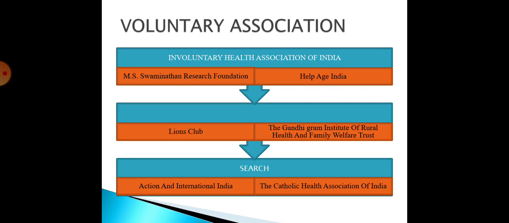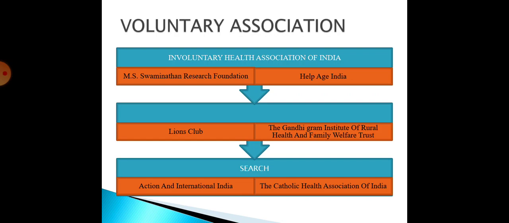The Voluntary Health Association of India is a non-profit. It only does work for the society, a registered society since 1970. It has a federation in 27 states of voluntary health association, linking together nearly 4500 member institutions across the country. Okay, so this is the Voluntary Health Association of India.